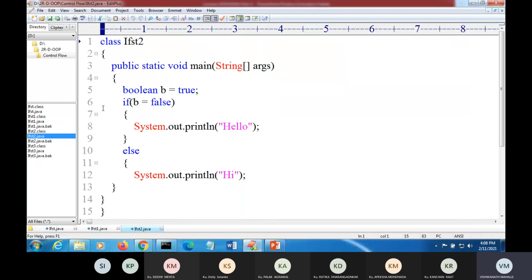Here I have written boolean b is equal to true and I pass b is equal to false. What is the output of this program? Which statement will execute, or will it give some error?